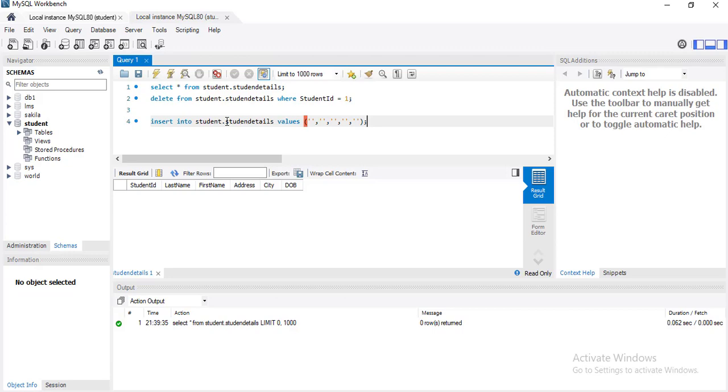Here, suppose I am giving the student ID as 1, then last name, suppose Roy,